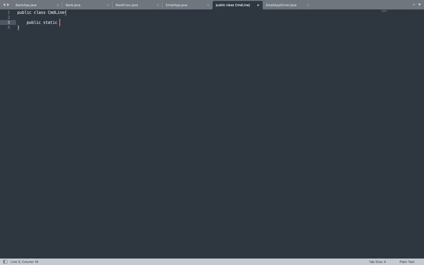No, one normal class should be fine. Just static void main, String array of arguments. And in that, just have a sysout statement and print args of 0, without quotes, args of index 0. Save it and compile.